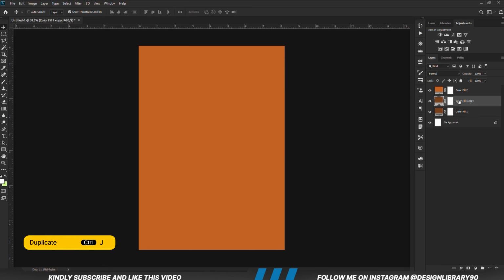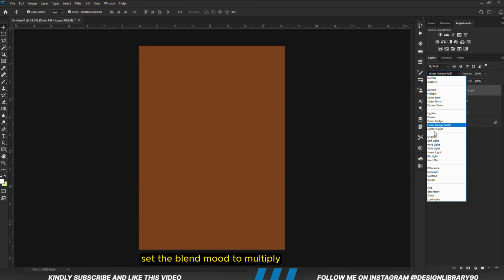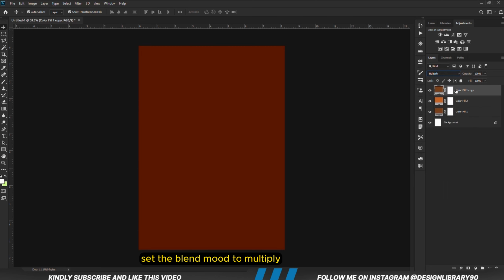With this layer selected, Ctrl J to make a copy. Then we are going to position it right here. Set the blend mode to multiply. With the mask selected,